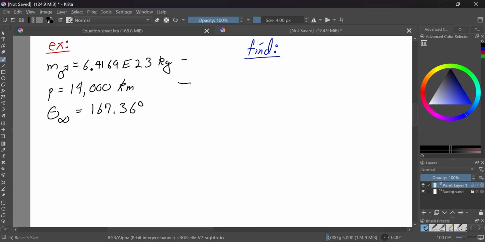This value down here, the astute among you may remember from the last time we dealt with parabolas, that's theta infinity, the air quotes outbound angle, is actually going to be 180 degrees. So this is 167 and change. What's going on here? Well, if we go all the way back to the first video that I posted, I talked about